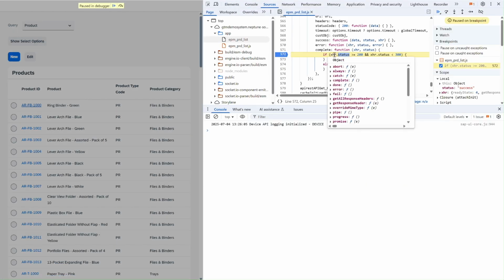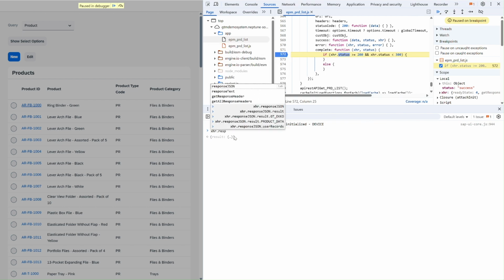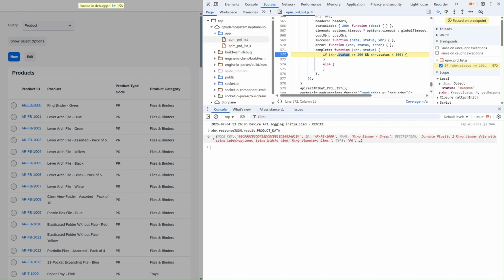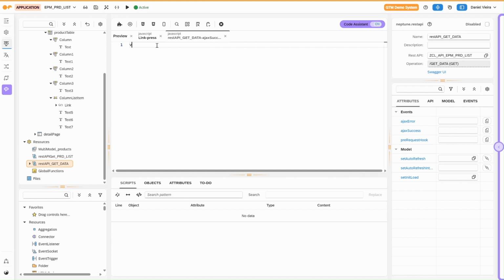In this example, we want to see if there's a response from the second API after sending the product ID to SAP when pressing one of the link components. Now that we know the second API has a response with the detailed data from SAP, we can go back